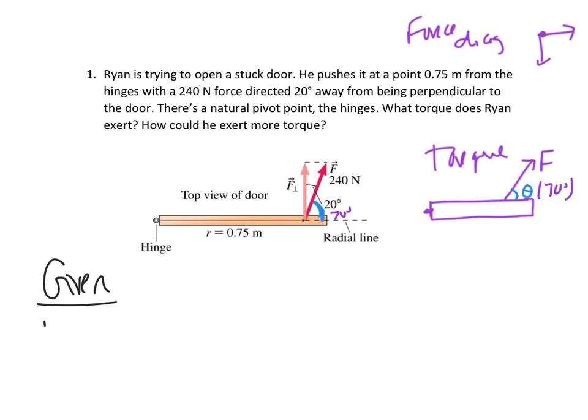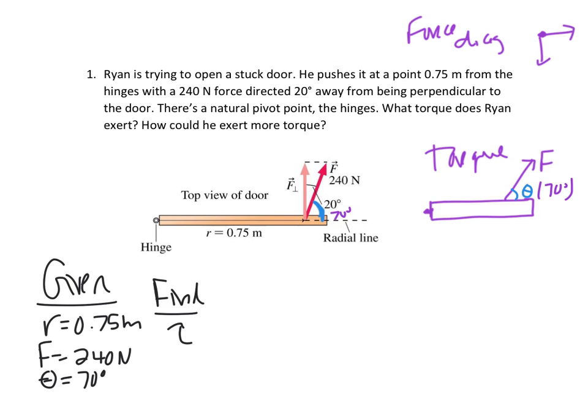It tells us that the radius is 0.75 meters. He's applying that force 0.75 meters from the pivot. That the amount of force is 240 newtons. And theta is 70 degrees. We're looking for torque and then how he could exert more torque. So simple equation. Torque equals F R sine theta,